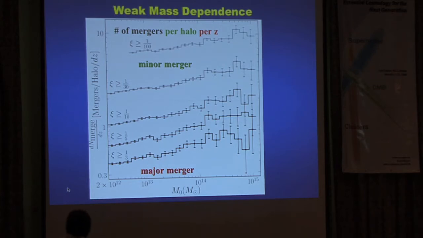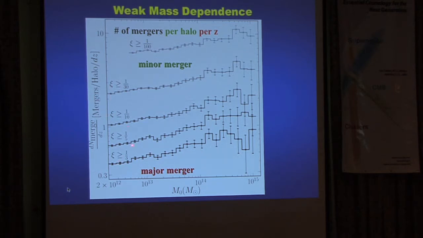So what you're seeing here is that each curve is a range of the progenitor mass ratio. This is for mergers with mass ratio within 1 to 3. So these are very major mergers of two comparable mass halos coming together. And as you've seen earlier, there are maybe more minor mergers than major mergers. But the mass dependence is very weak. And now you can actually read off the numbers here.